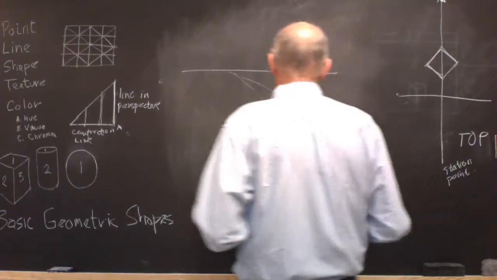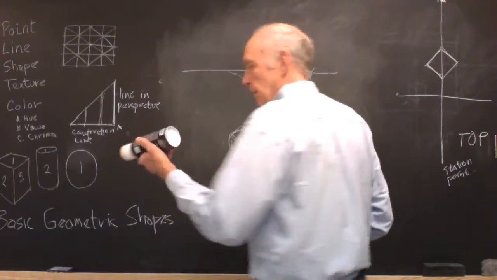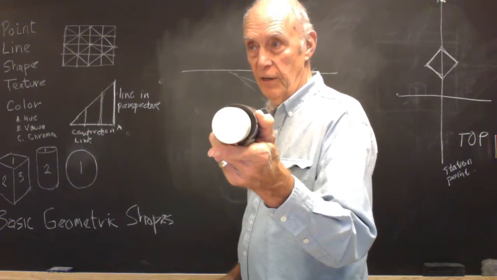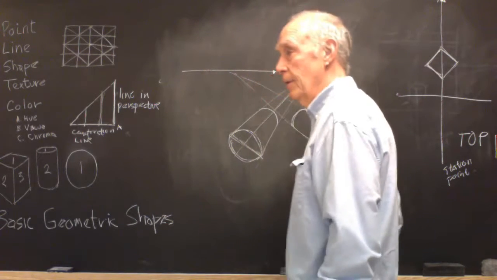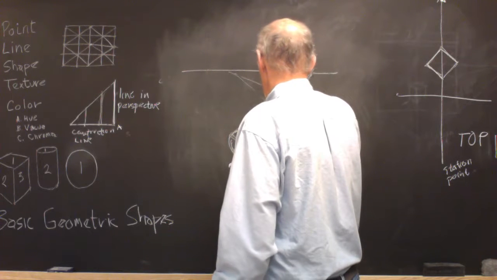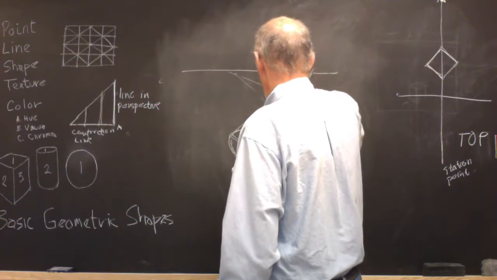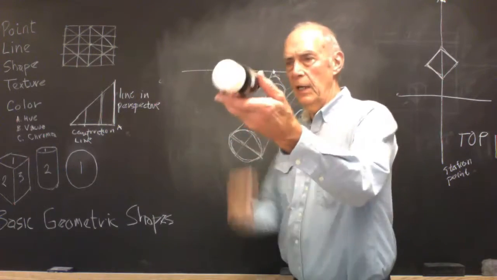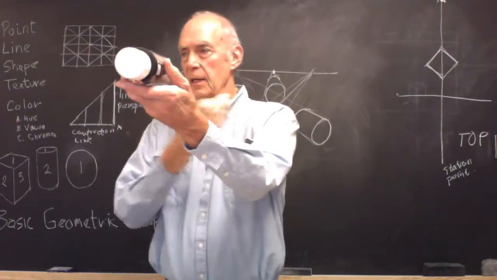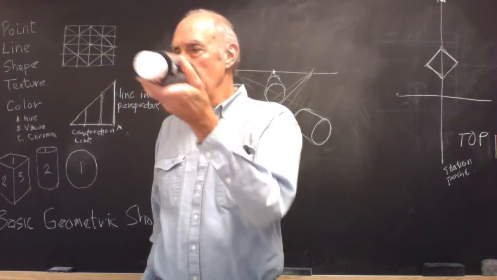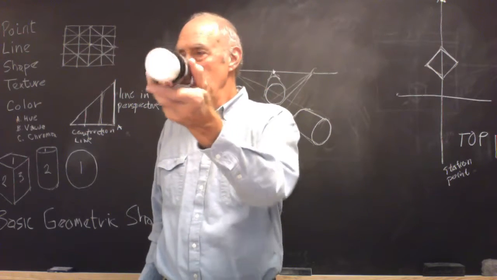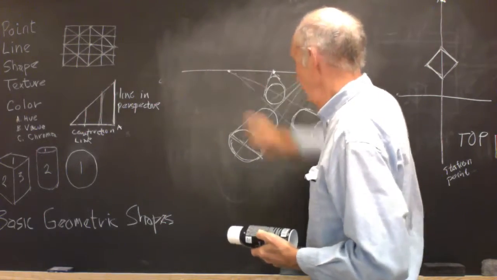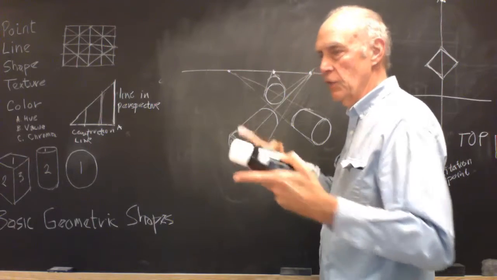Now, what would happen if I rotated this until it's directly in front of me? What's going to happen? It's just going to be a circle. Anytime a geometric shape is parallel to your picture plane, it's seen in true shape and true proportion. Any other time, the minor axis and the vanishing points determine the angle that is drawn